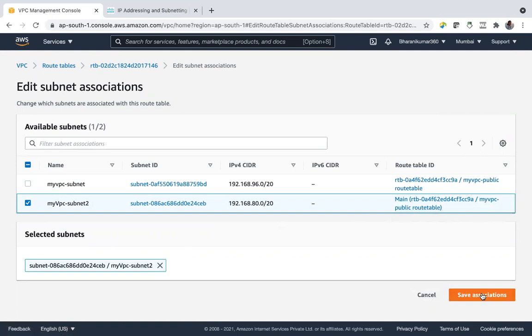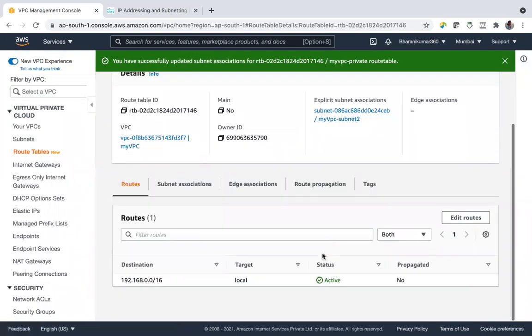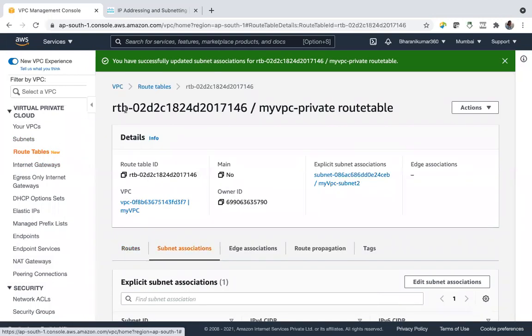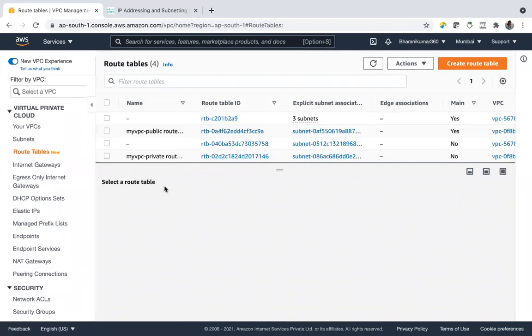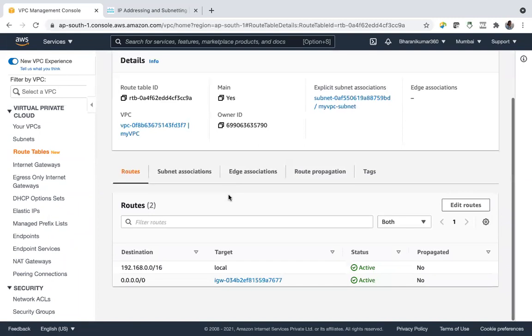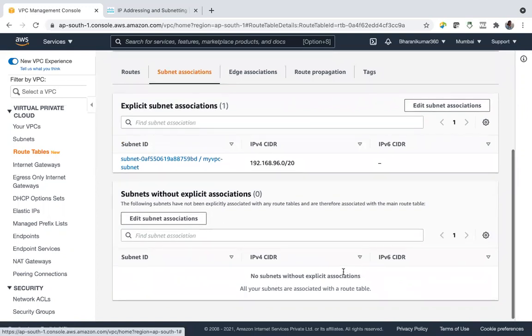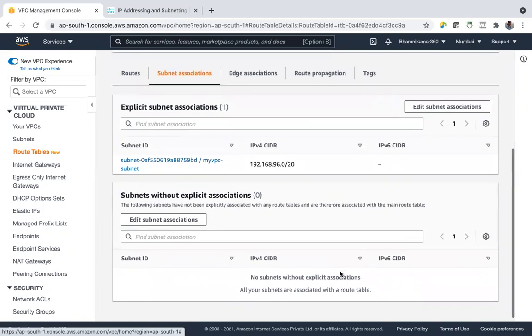Let us associate here. And go back to route tables. See, now that is not there. Why? Because I have associated that subnet to a different route table.